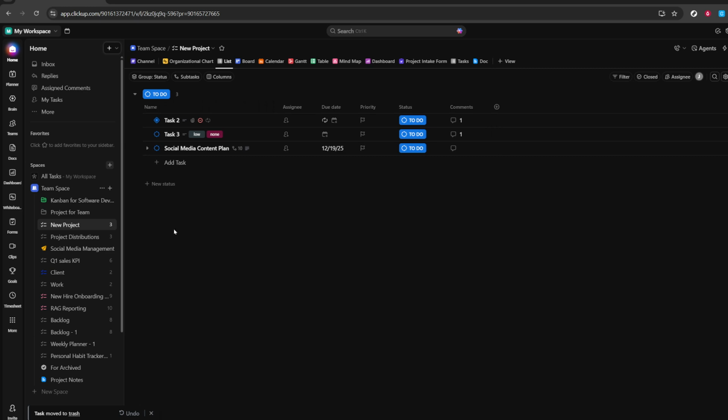Now undo the deletion. On Windows and most keyboards, press Ctrl+Z. On a Mac, press Command+Z. You should see the task reappear in the same place it was before. If ClickUp shows a small notification confirming the action, that's a good sign the undo was registered. If nothing happens, try pressing the shortcut again once or twice and make sure the page didn't reload or lose